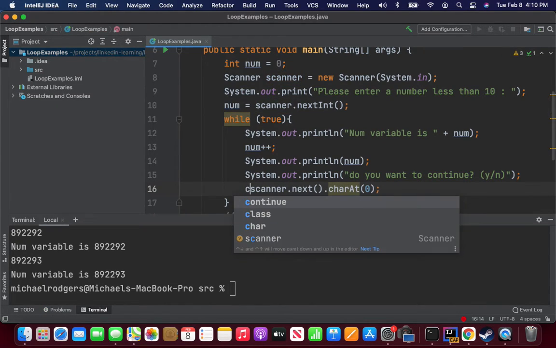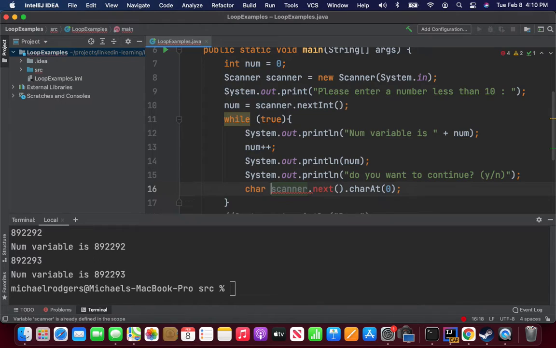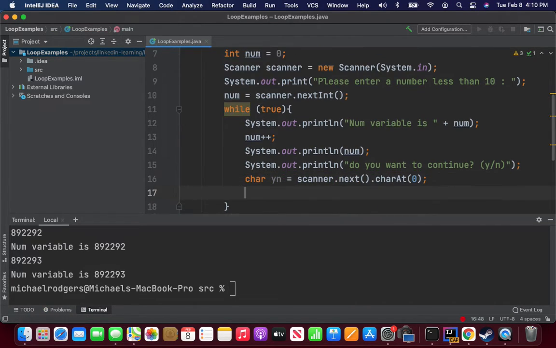Let's see, we're going to do character condition. Well, let's do it like this. Y N. Okay. If Y equals Y, whoops,